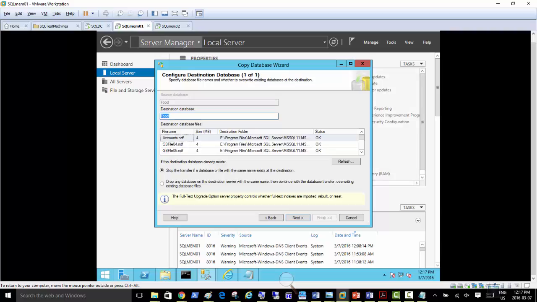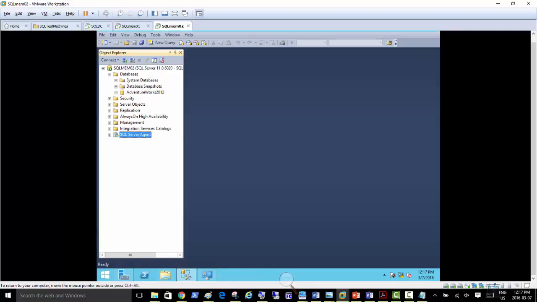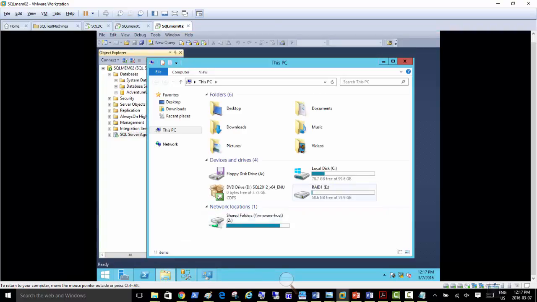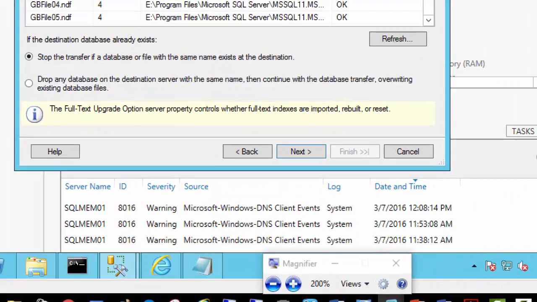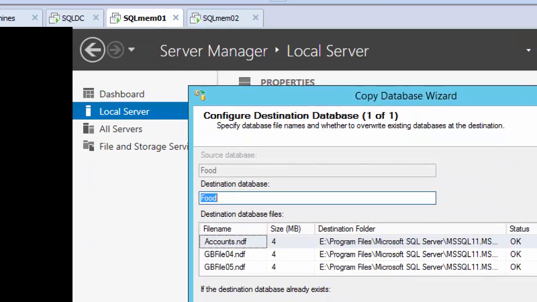Destination database files. Let me just check if we have an E drive there as well. Yeah, we do, on the second server. Okay, all seems fine for now. Stop the transfer if a database or file with the same name exists at the destination. But we are sure that there's no database called food there on the second server, right? Let me just put it on magnifying glass.